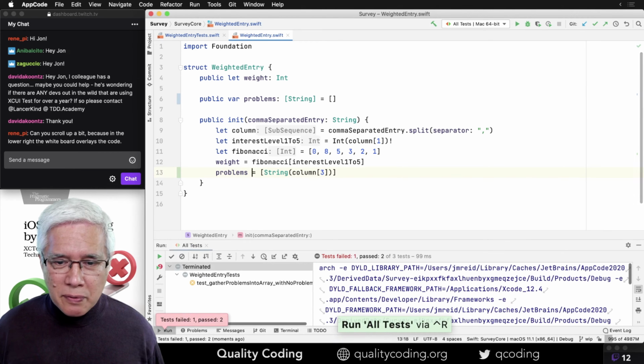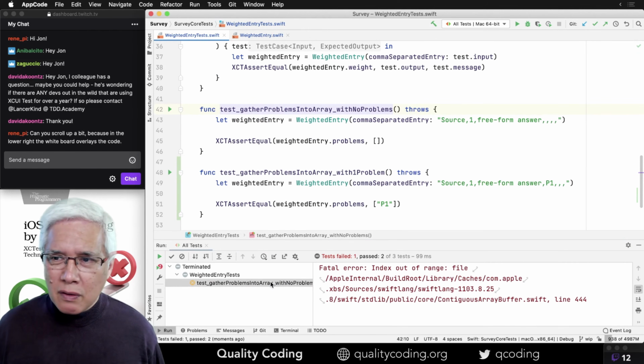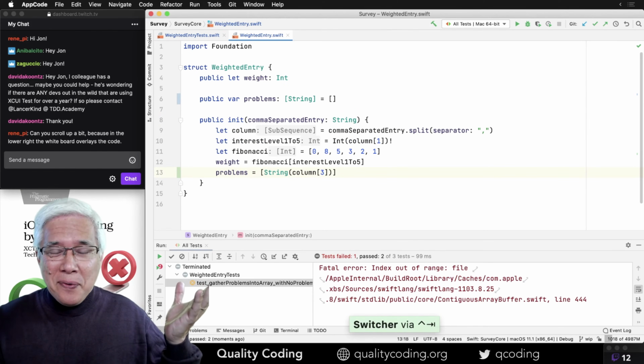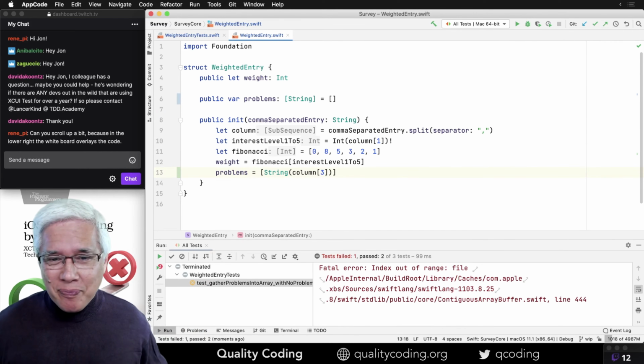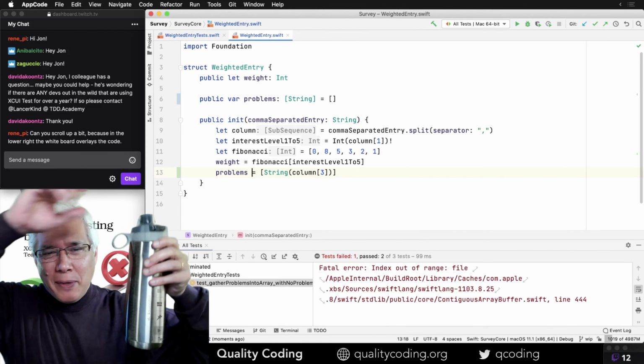And let's see if this works. Oops. The empty thing failed. I wonder why that is. Oh. Wait a second, though. Okay, now we throw it open because I'm lost. Why did this fail? And if you have any ideas, please let me know.